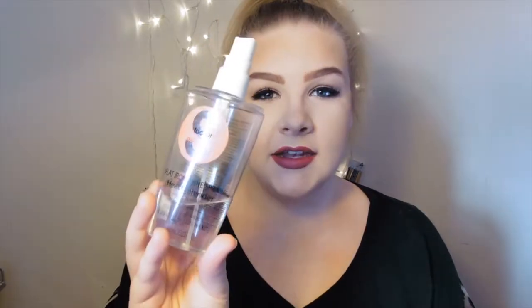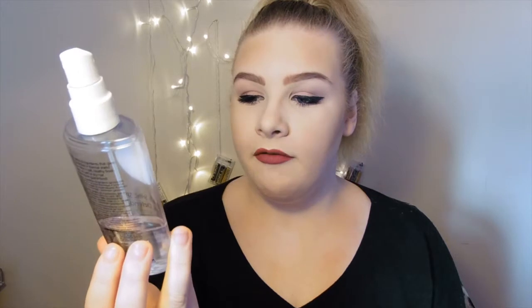Okay, so my next thing is, it's not completely empty, but you know when you've got something and it's almost empty and you don't want to use it because you've got to buy it again, is the Heat Defense Flat Iron Shine Spray. I absolutely love this. I swear by this so much. It's when I get my hair done, which I've not had done in about a year, probably a bit longer,